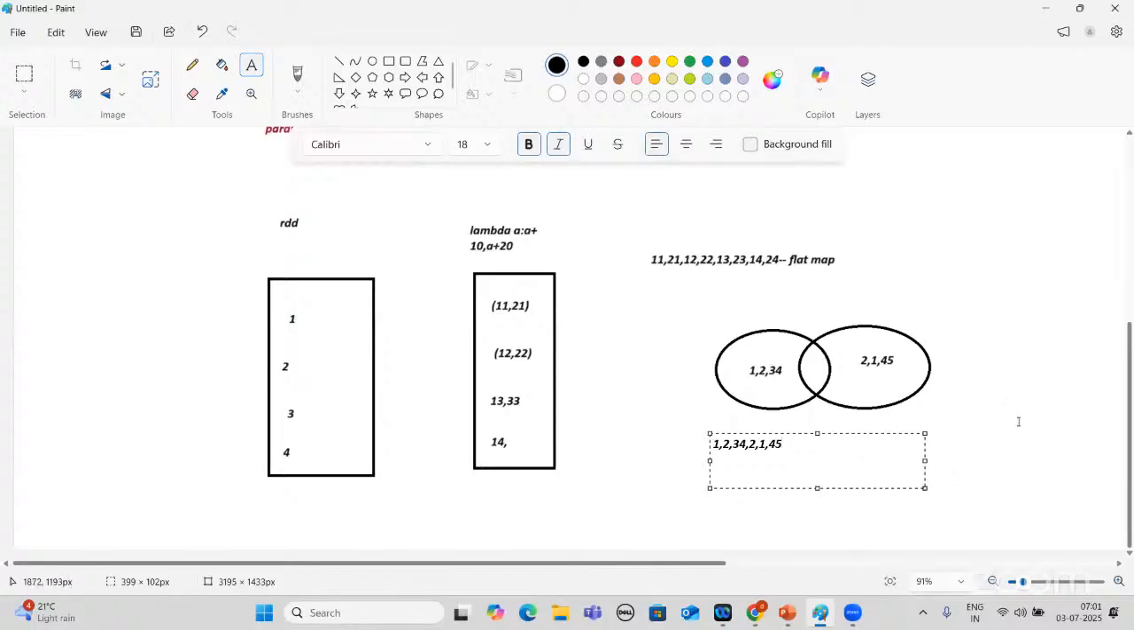In this, what are you understanding? It is having the duplicate values. 1 already there, 1 again, 2 already there, 2 is coming again. So these are the duplicate values. Whenever you are getting the duplicate values, you have one function called distinct. In this distinct function, it will remove the duplicates. But distinct is